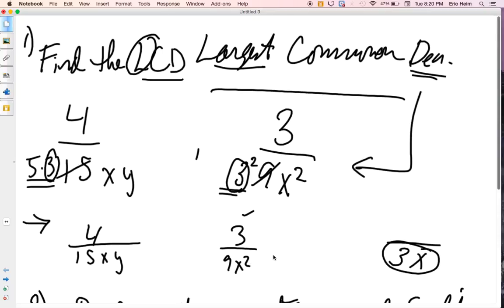And if I wanted to, I could factor 3x out of both of these. Well, let me just say, just factor 3x out of both of them. So this is the same thing as 3x times,